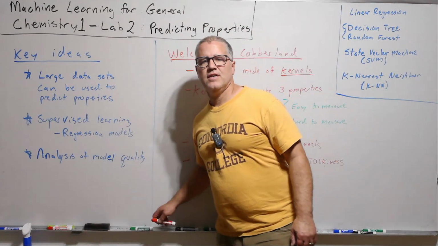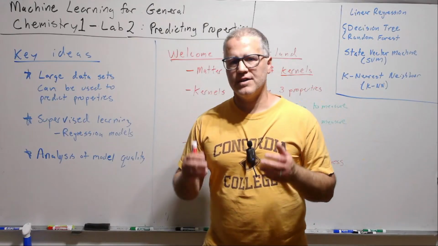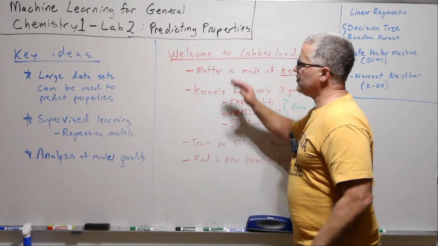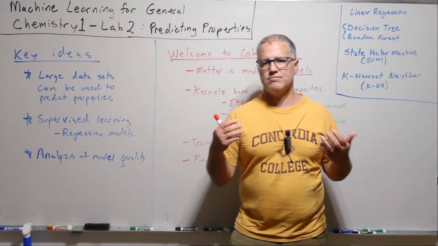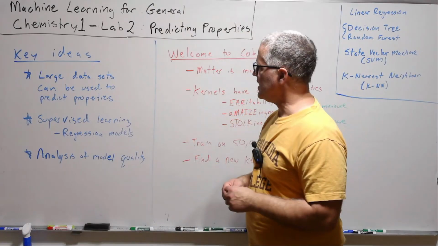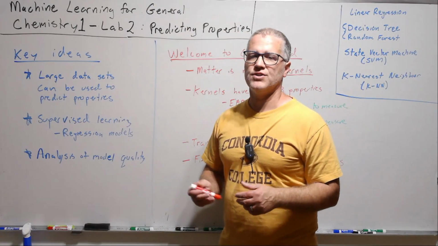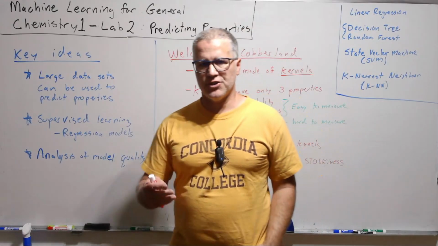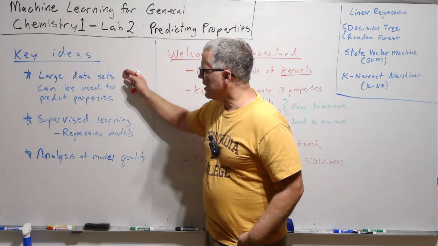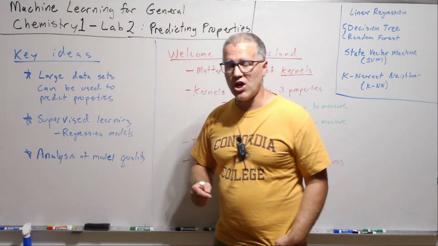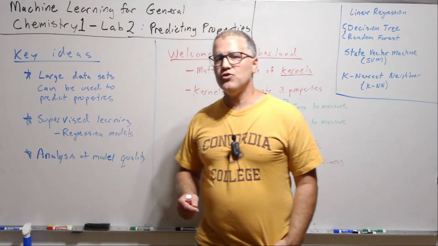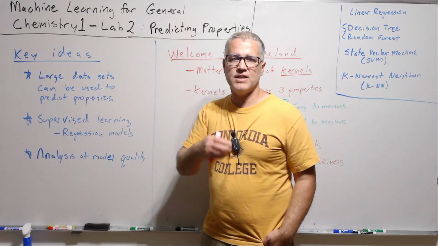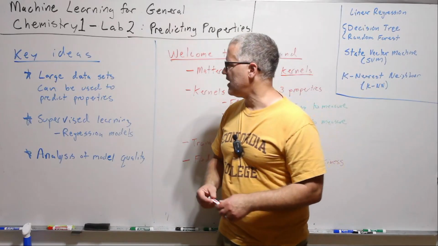Welcome to the second of our labs on machine learning for general chemistry, part 1. Today we're going to be predicting properties of fake materials, and we'll see how we will use several different machine learning models to accomplish that, and we'll be able to compare and contrast the different models for this particular situation. We're going to be working with a large data set, 50,000 samples, and the relationship between those properties is given in a large comma-separated values